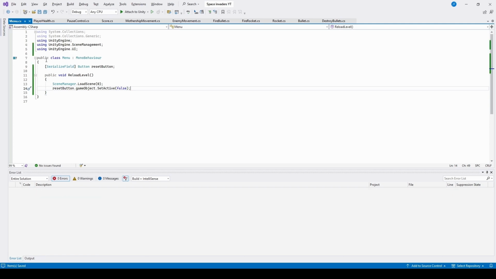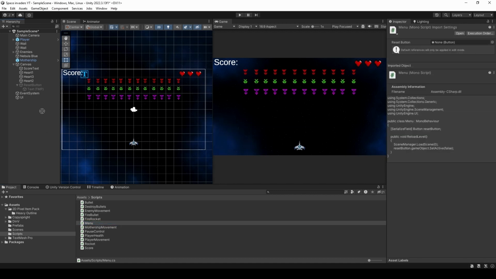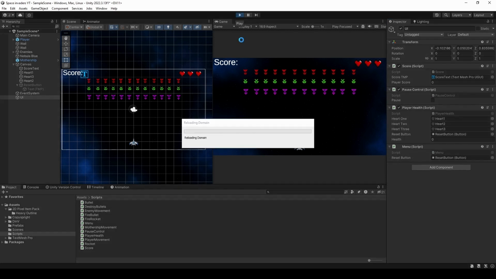We'll save that, hop back into our editor, and then we'll add the menu script to the UI. And then over here, we'll want to get a reference to the button, so we'll drag that button over here. We'll also need to drag it over here to the player health script. And then now if we play the game,